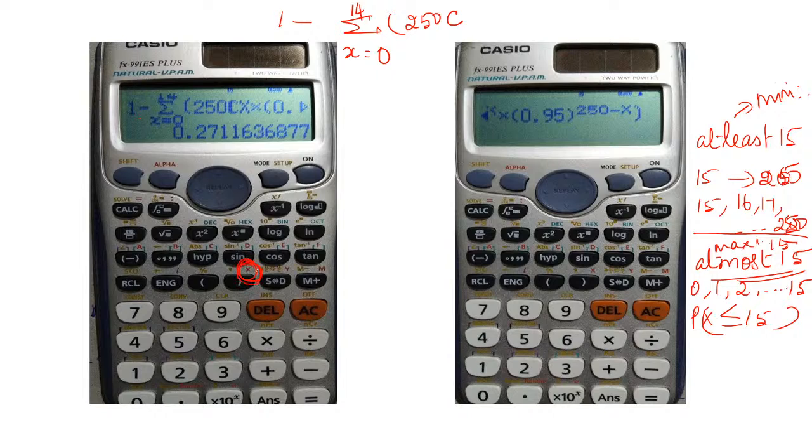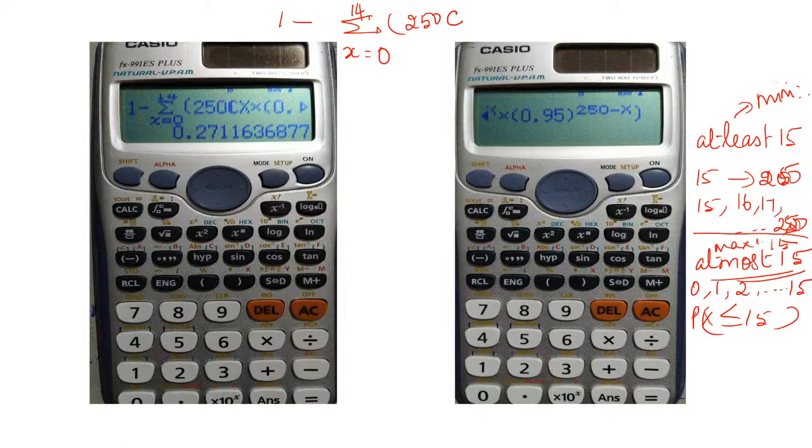You can see the color difference. It is equivalent to the alpha key color. This color and this color is there. Wherever you find something with this color, pink color, it should be used along with alpha. I want X now. So press alpha and